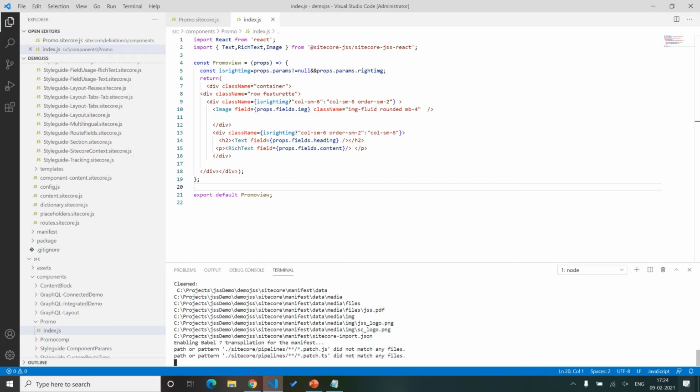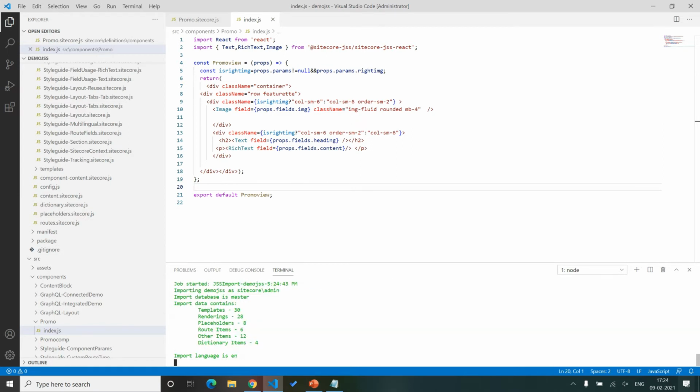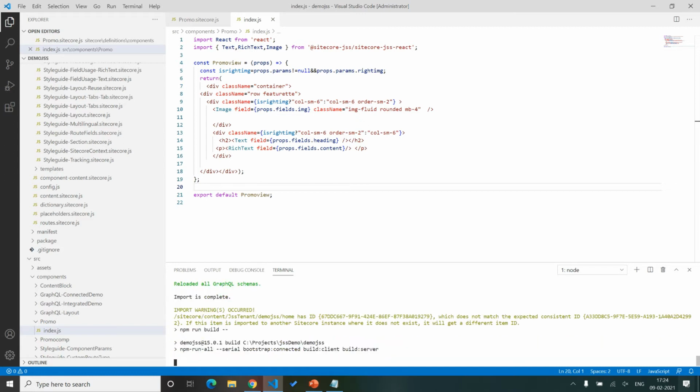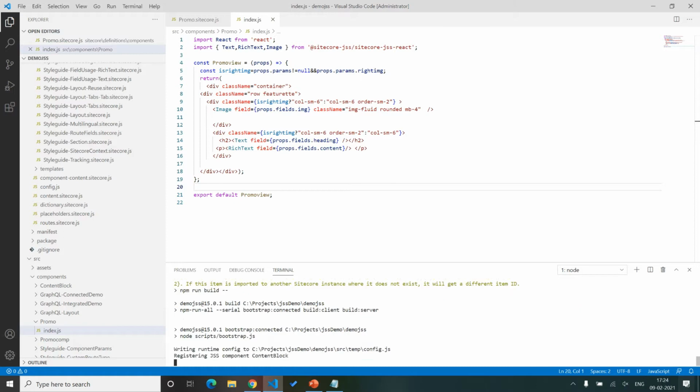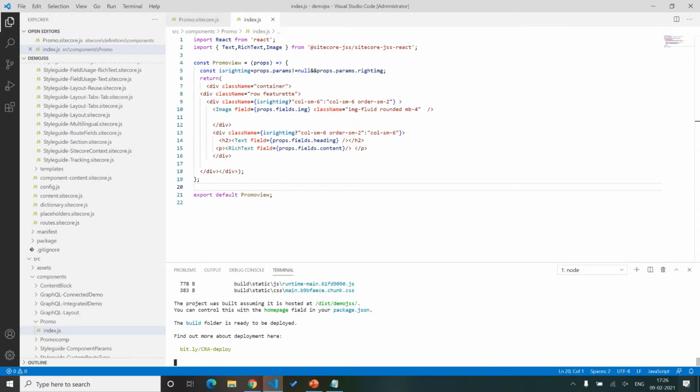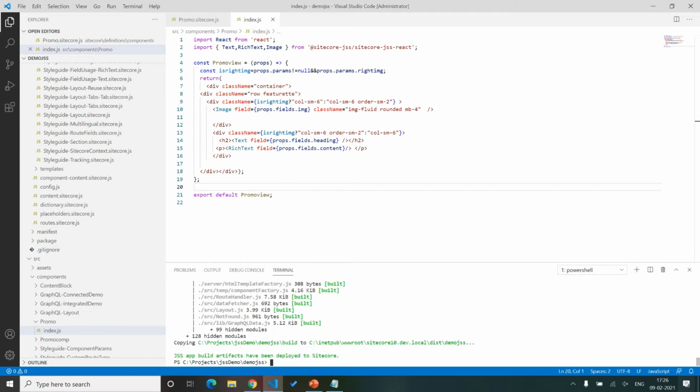This automatically deploys and generates the template inside Sitecore. Deployment is completed successfully.